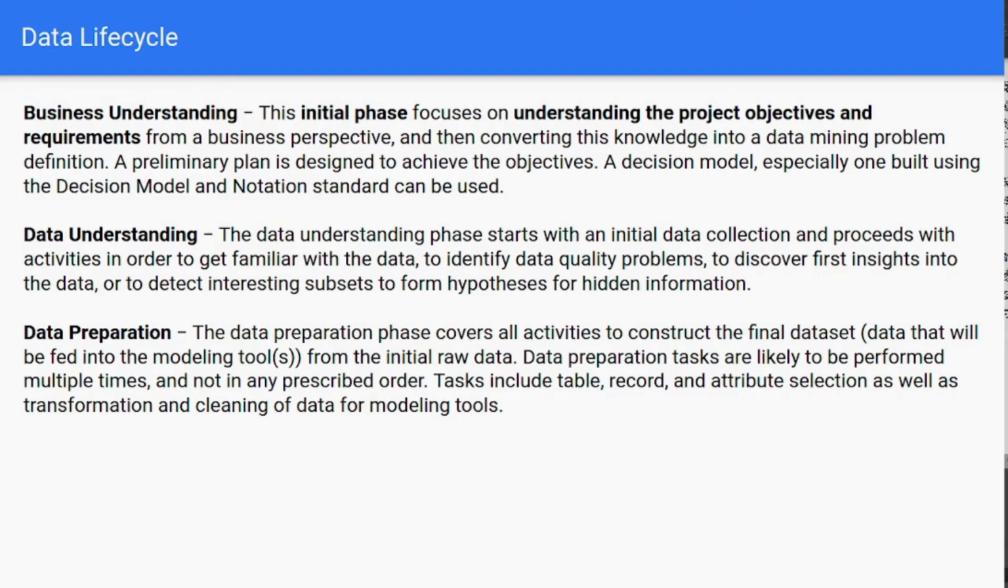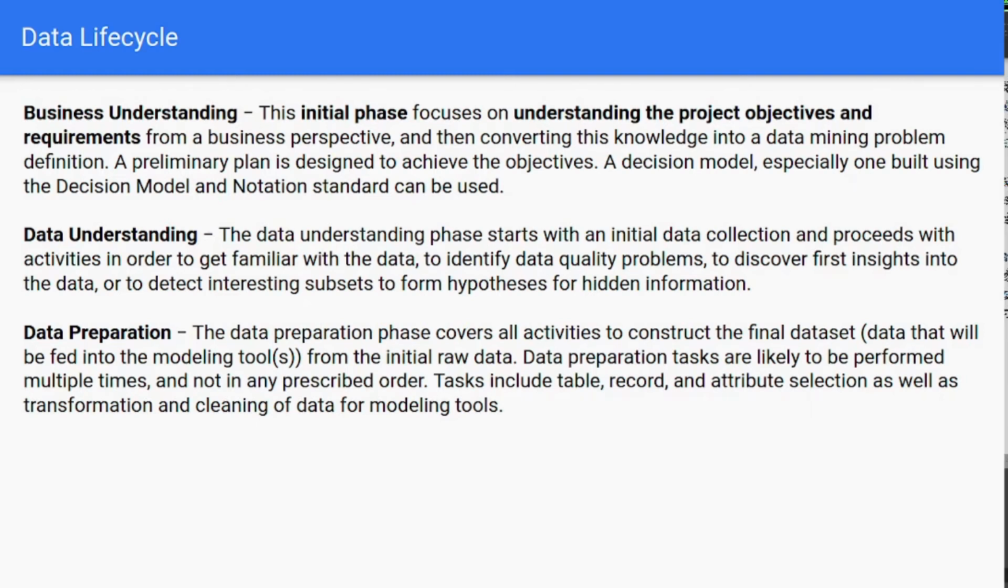Or to detect interesting subsets to form hypotheses for hidden information. Okay, interesting. Now comes data preparation for modeling, and before the model is made, maybe there is this model which takes data in some format. Maybe we may need to refine that data. Maybe there is some noise in that data, we may need to remove those, and so on and so forth,